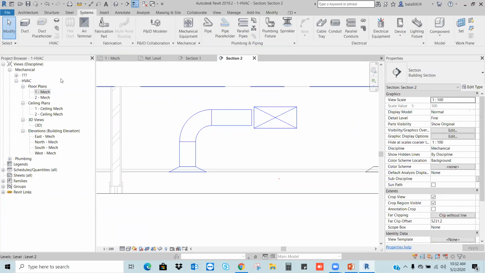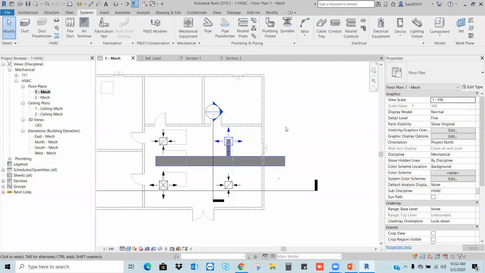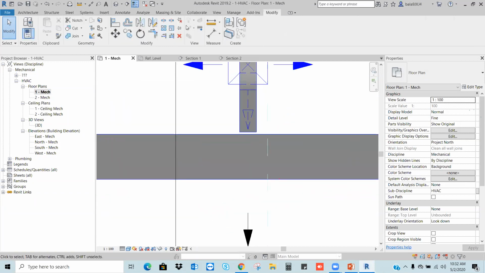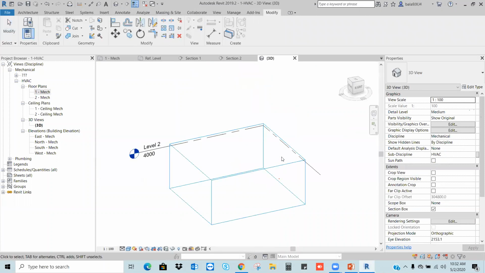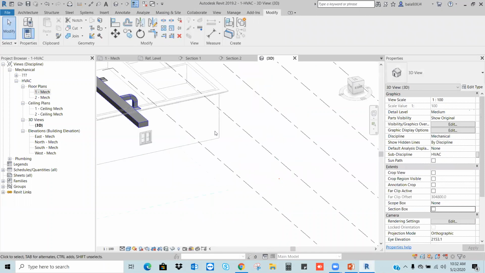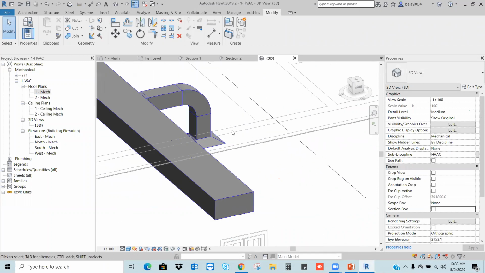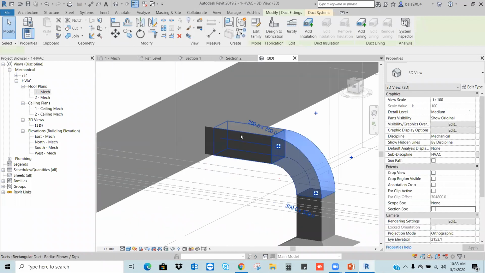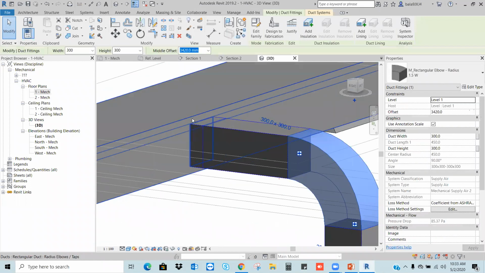I will connect this in the plan. I will go to the floor plan again. So I will just extend this duct to here. Go to Modify, Trim or Extend to Single Element, duct to duct. See, automatically I'm getting the tap symbol. Let's see in the 3D view how it will be. Can you see? See. So always we should maintain some gap to connect the branch to the main duct.